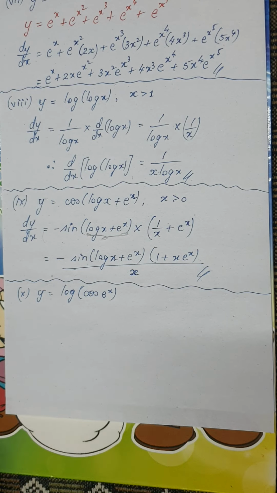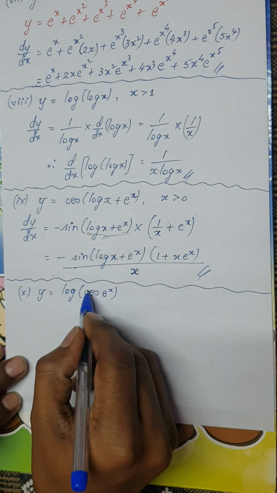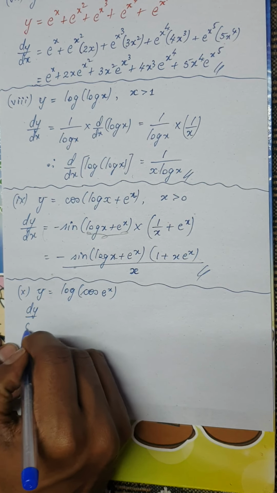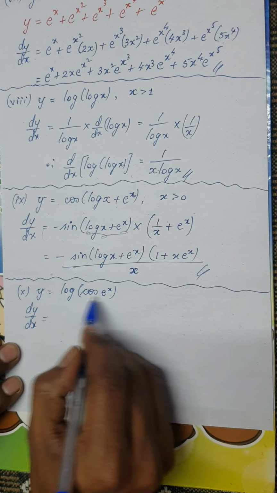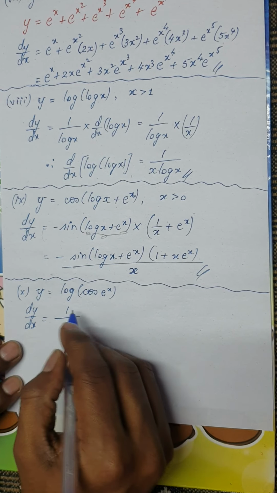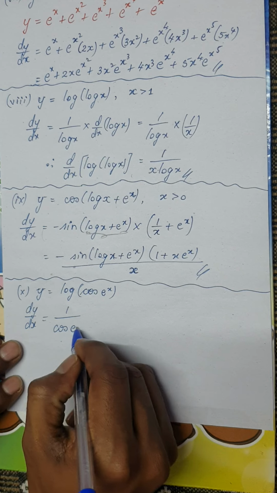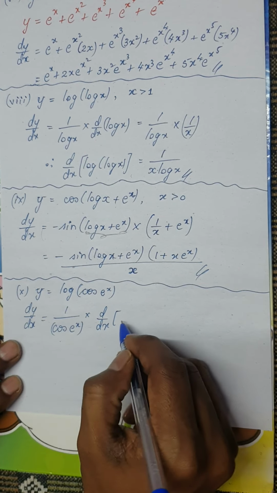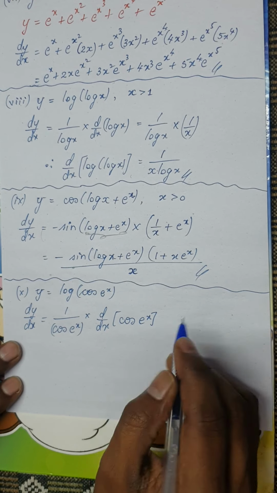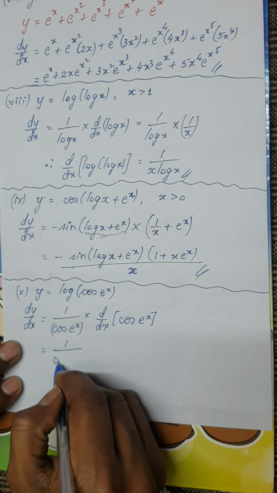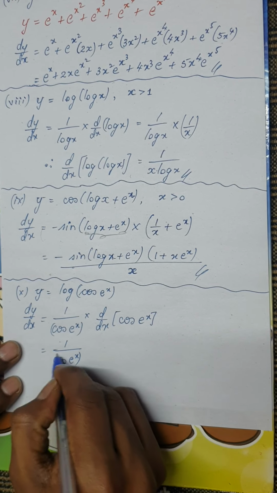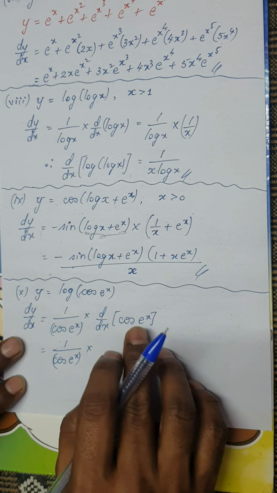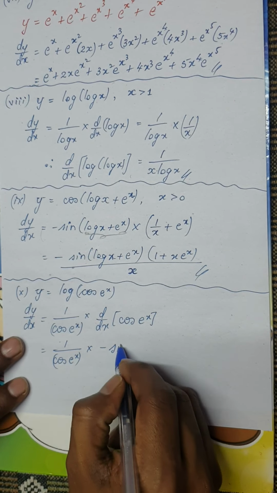The next question we have is y is equal to log of cos of e power x. You should know how to read the function first to write the derivative. So dy by dx is, now this is of the form log of f of x. We know log derivative is 1 by cos of e power of x, into, remember you have to find the derivative of cos of e power of x. So keep this function as it is, cos e power of x, into, now cos of e power x, this is again of the form cos of f of x.